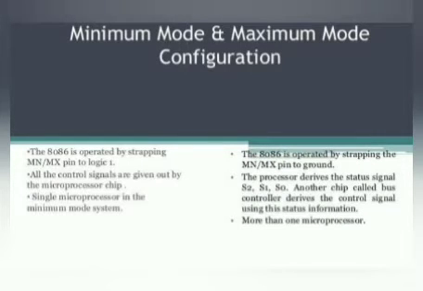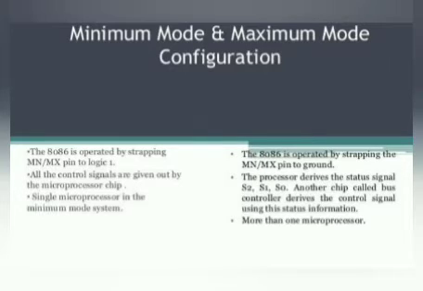This minimum mode and maximum mode configuration is used to find whether our microprocessor is used based on the internal bus or coprocessor is used. That is, in minimum mode, the internal bus itself acts as the master device to control all the bus signals as well as the processes.